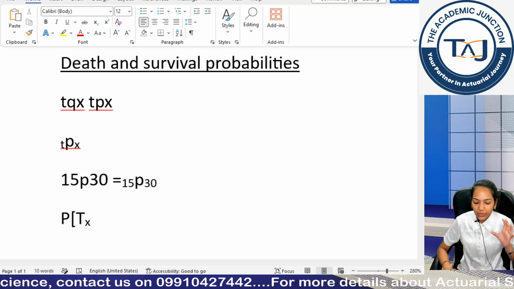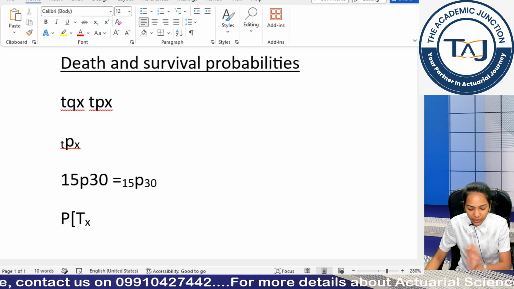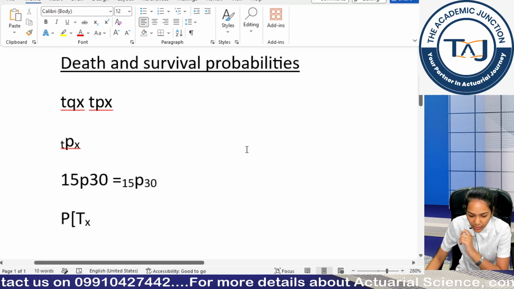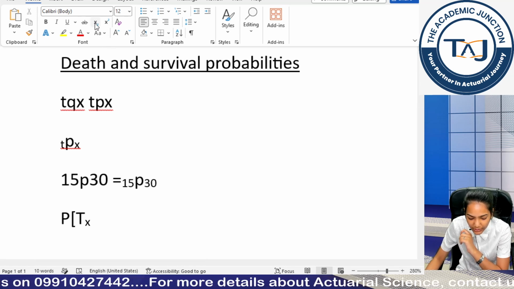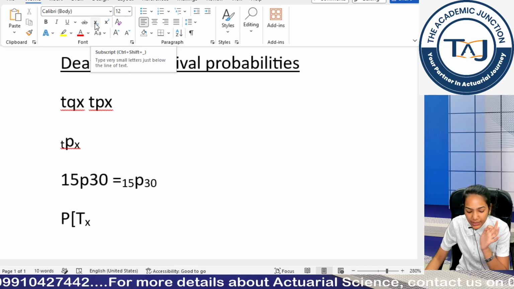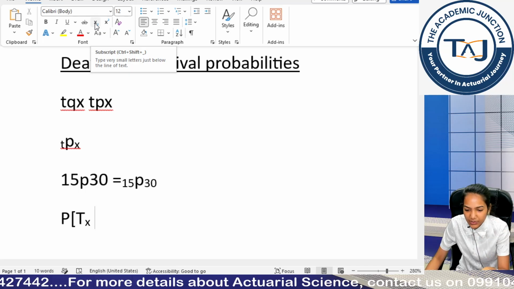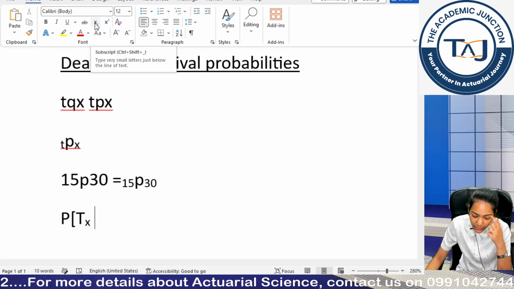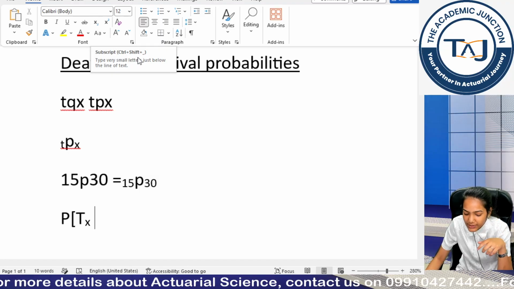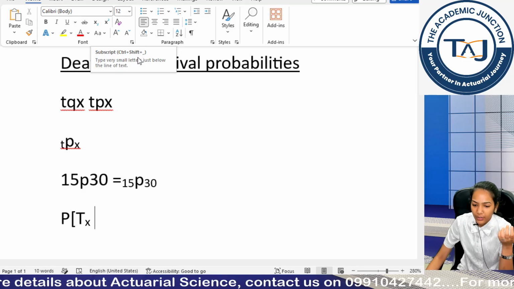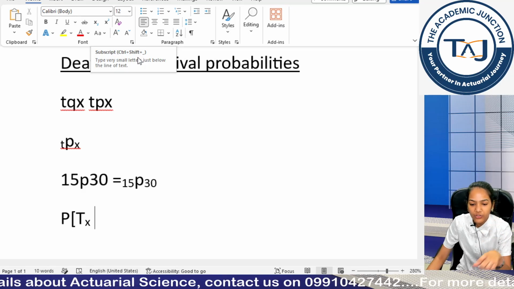I have already told you guys how to check the shortcut for your system. Just use your mouse, hover it over the subscript and superscript mentioned above, don't click anything, and then you can check that. For me it is Control Shift Minus, and for your system it might be whatever it is showing there.